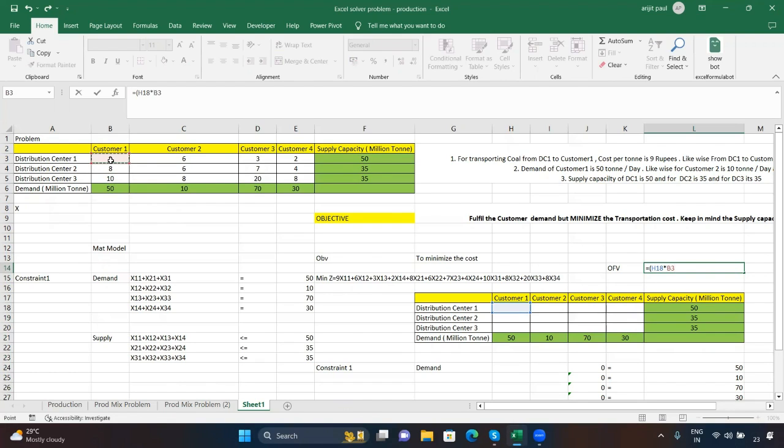So this one, plus the quantity that we are going to transfer from DC1 to customer 2, that is this cell, multiplied with the cost of transporting that coal from DC1 to customer 2, that is 6 rupees in our problem. That means this cell. So I am adding this cell, plus